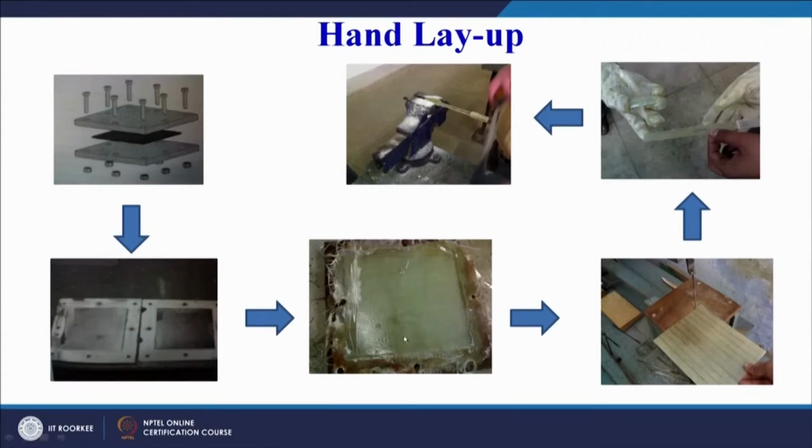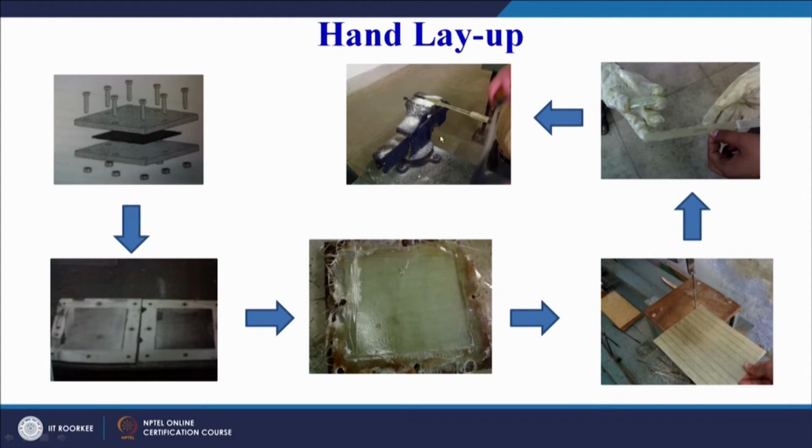And finally we will get a sheet like this, a glass fiber reinforced plastic GFRP sheet. We can see excess resin has flown out on all the 4 corners, and this can be cut. This is the final sheet. Additional resin or polymer or plastic has been cut out, and we get a final sheet like this. And then we can make specimens which are cut like this. We can apply the tabs on the specimen and then use them for testing.